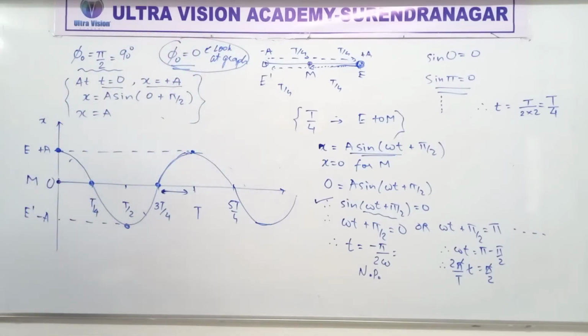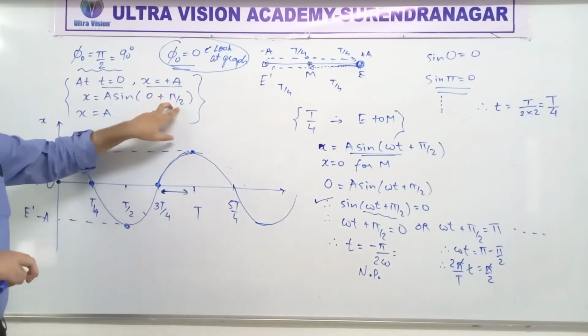Nothing, isn't it? Except the starting point. Do you agree? Except the starting point. You understand what I'm saying? The pattern is the same. I'm sure math students will realize that one is like the graph of sine, the other is like the graph of cos. There is not a big difference between them. Only this pi by 2.